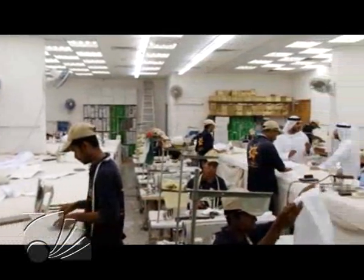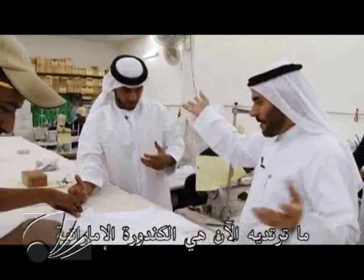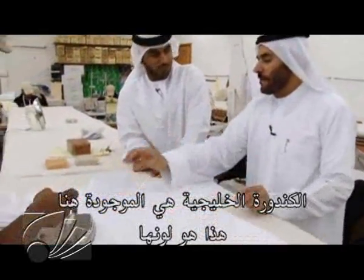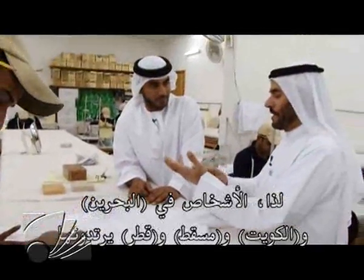What are the features of an Emirati kandora? What you're wearing now, that's the Emirati kandora. The Gulf-style kandora is the one right here. It has this collar here. So people from Bahrain, Kuwait, Muscat, Qatar...